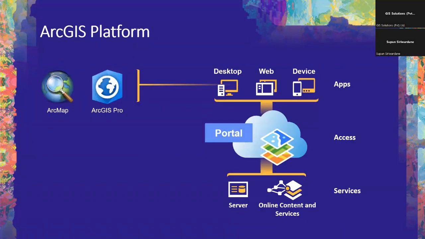So this is the platform. This platform, the desktop GIS software, means something you need to install in a particular computer. Say, for example, if you need to work using ArcMap, you have to install that. Similarly, ArcGIS Pro also you need to install and work. Then you can create maps, you can do analysis, and also ultimately